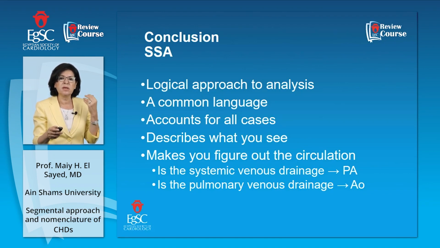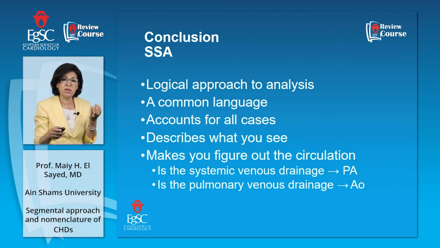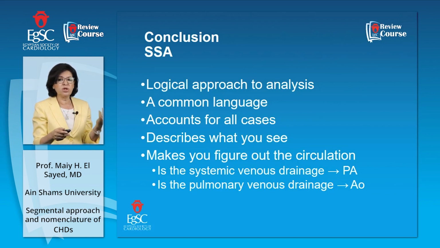understandable to the surgeon, because at the end of the day, most of our treatments in complex congenital heart disease is surgery. So you have to envision the picture and give the surgeon a very clear picture of what he's going to see inside. There is no room for mistakes here. So you have to tell him the morphology and the anatomy properly. So you just describe what you see, and that makes you figure out at the end of the day how the circulation is going. Is the deoxygenated blood going to the pulmonary artery as it should, or is it not reaching the pulmonary artery? Is the oxygenated blood reaching the aorta to be distributed to the body, or is it not reaching